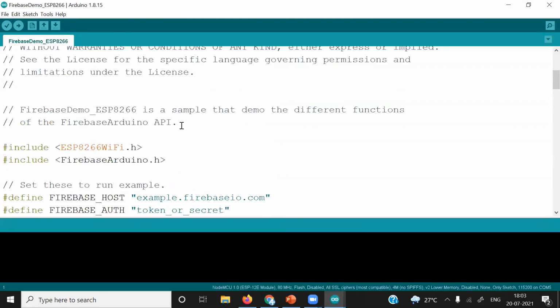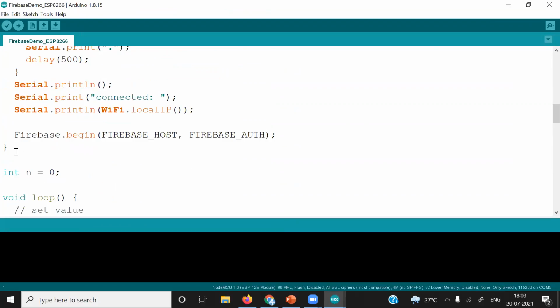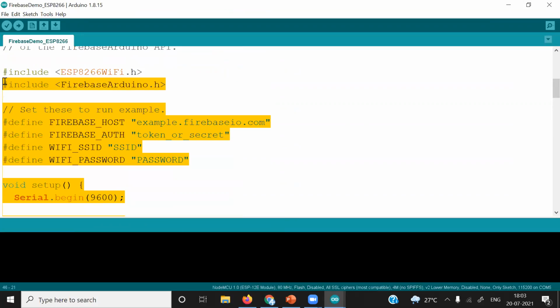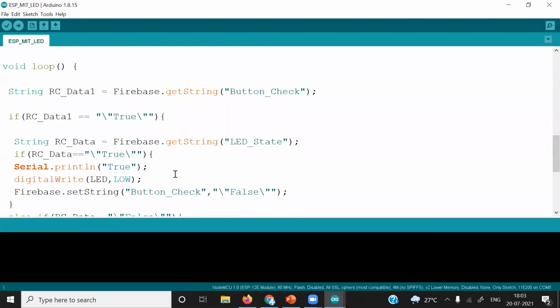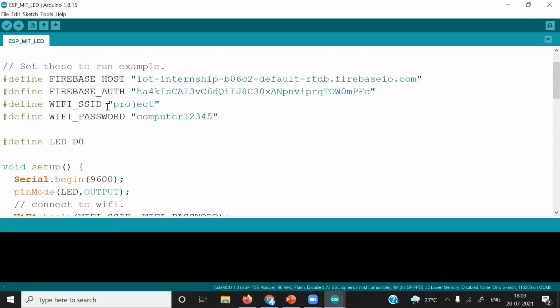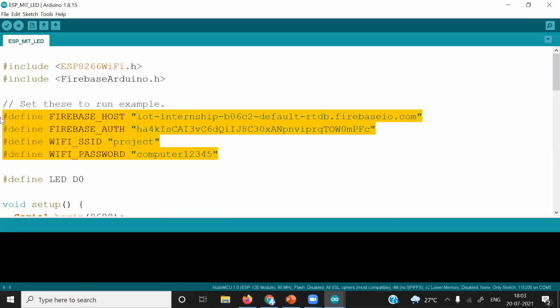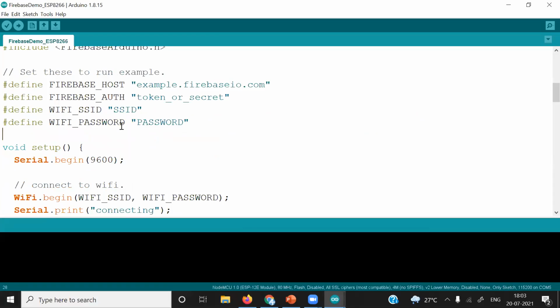So what we will do, we will just add the credentials, because from the above void loop, all the part is same for all projects and codes. So I will just copy that from this file. This credentials, I'll just copy these 4 lines. Control C. And I will paste it here. Control V.